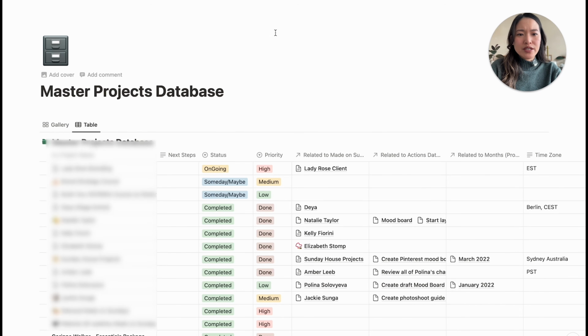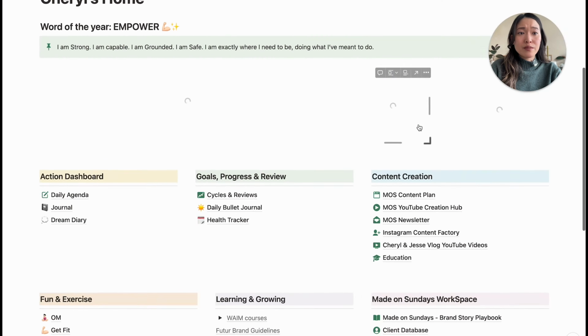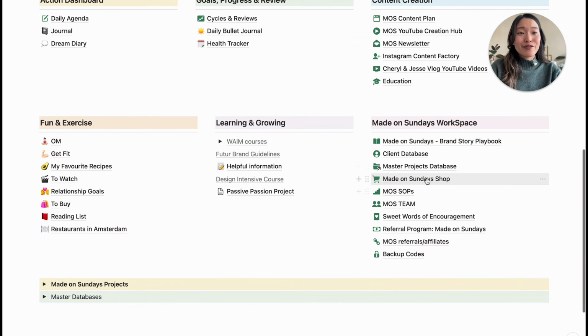And those three sections are actually the most important sections that I've created within Notion that's created this amazing ecosystem for the service-based part of my business. And then in the rest of these different sections, I've created different pages for my shop